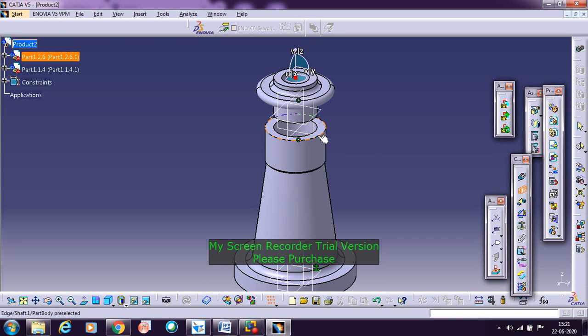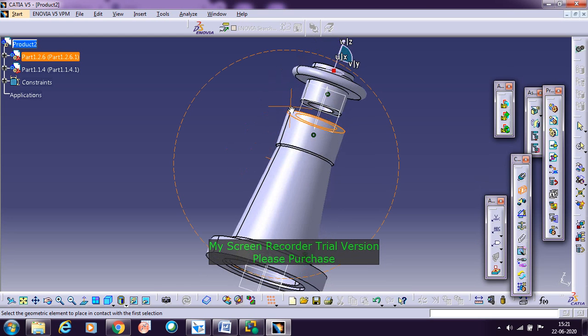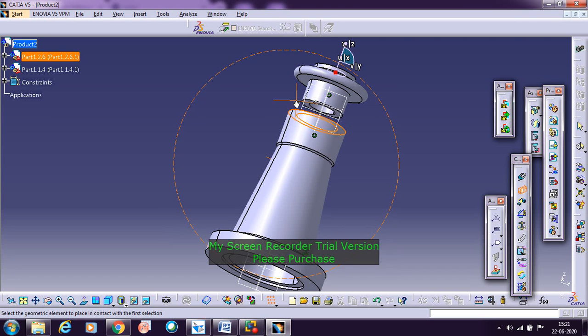Sometimes only one will be highlighted, in which case you will get a point contact or a line contact, but in this case contact means it should be surface contact. For that you need to select the two circles, so that you get the surface here. Similarly, you need to select the bottom surface in this part. For that you can rotate it here, pressing the roller button and the right mouse button simultaneously and moving the mouse, so that you get the tilted position.